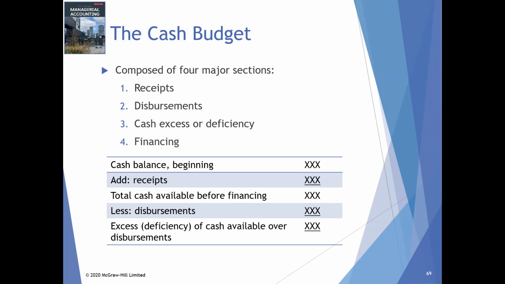Now next, how to calculate all this? The cash budget will be composed of four major sections. The first one is the receipts: how much money we will receive in the month of April, May, and June. And how much money we will distribute, or pay, or disburse. Then we will see if we will have excess cash or less cash, meaning a deficiency. If there will be excess cash, then it's all right, no problem. But